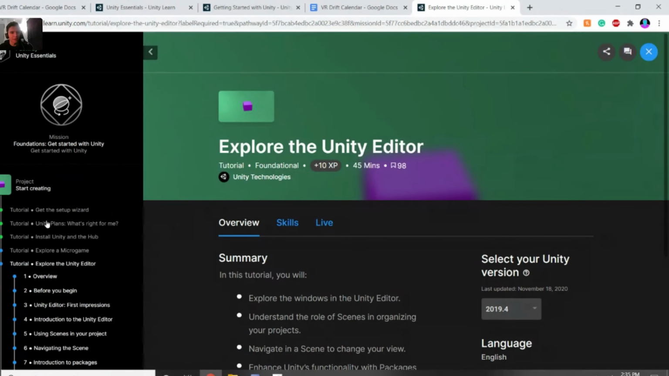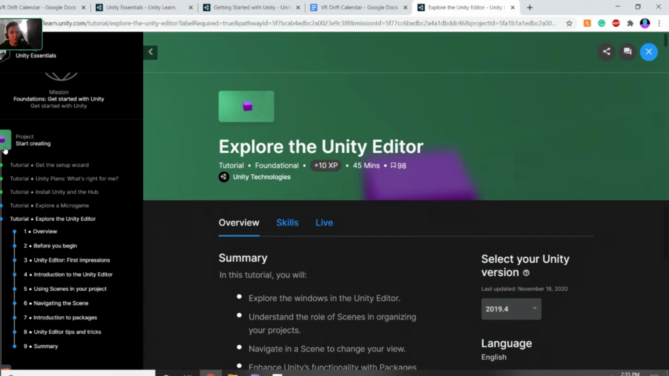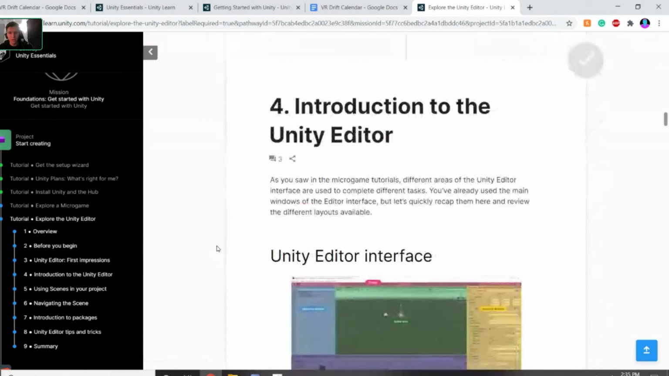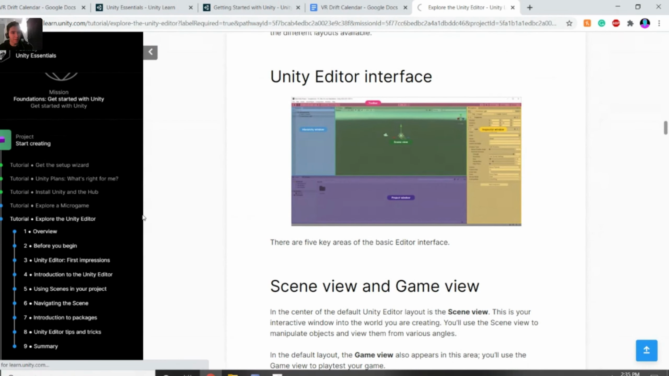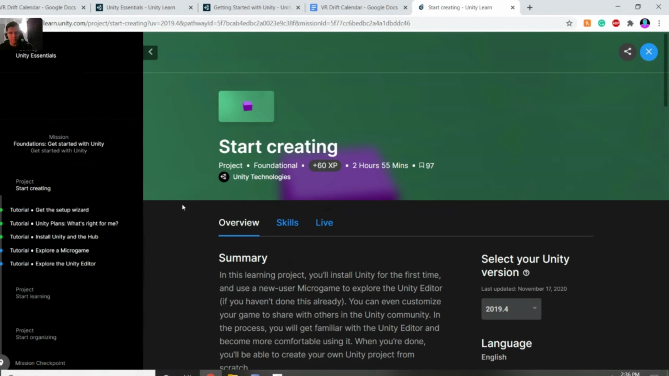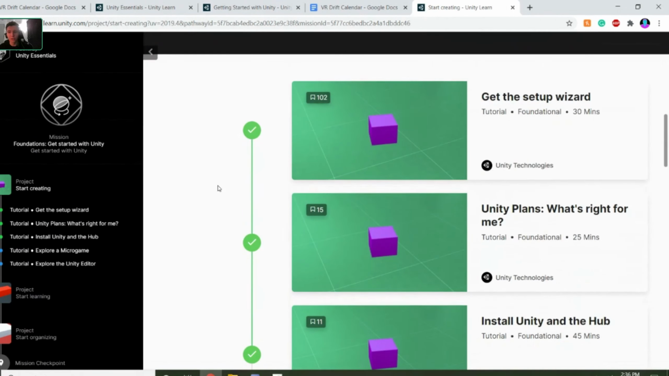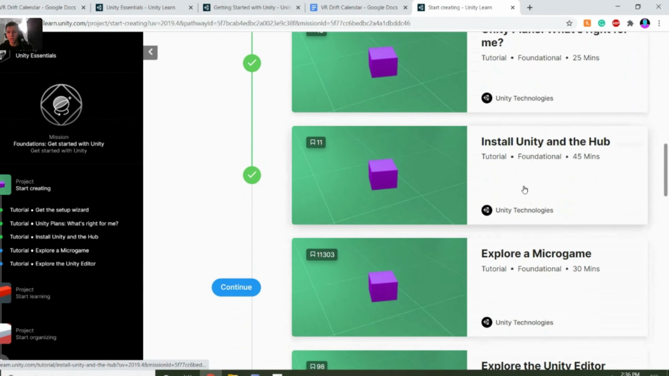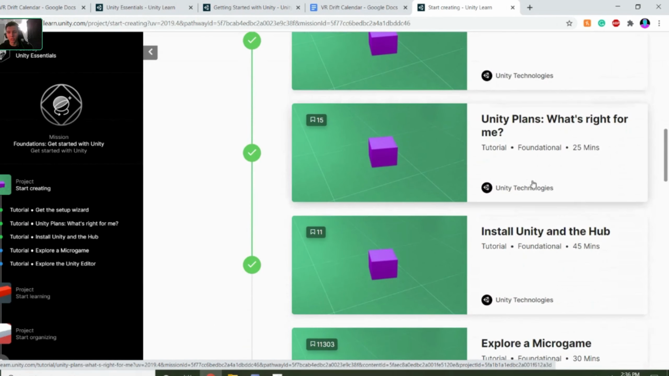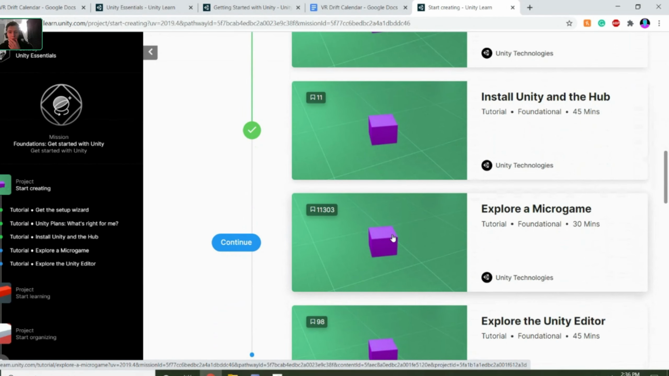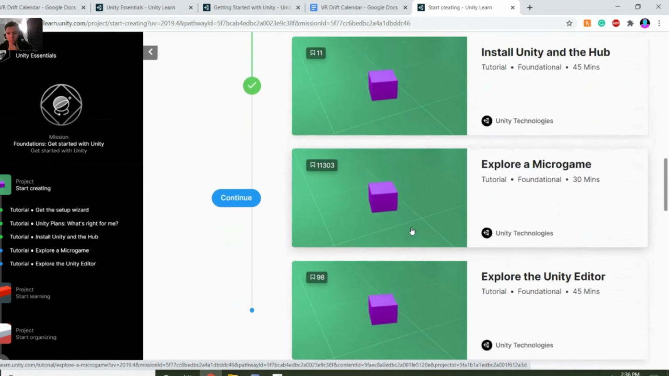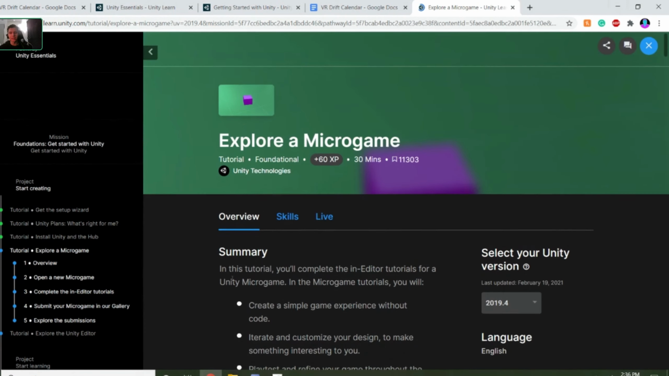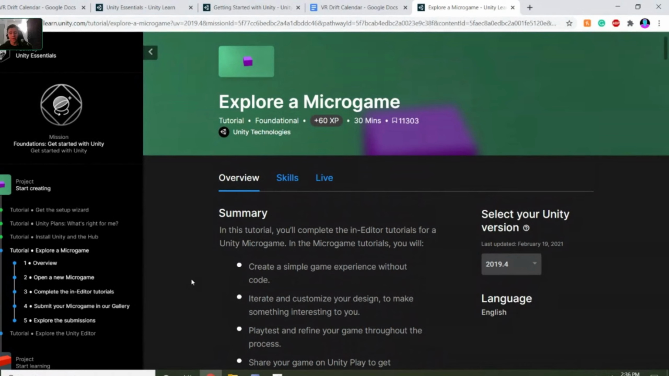I think I am at a different spot. So let me see. Okay, we are actually going to skip the first 3 little modules here and get started in the 4th. Explore a microgame. Oh, okay. So we are basically going to use this lesson to start up a little microgame that we can all